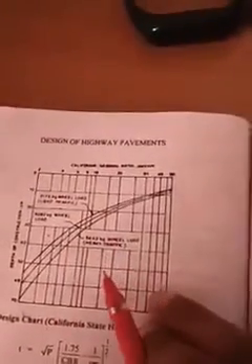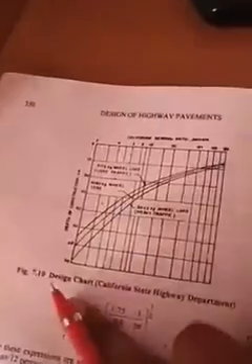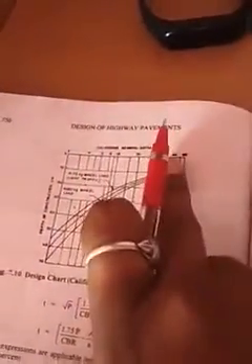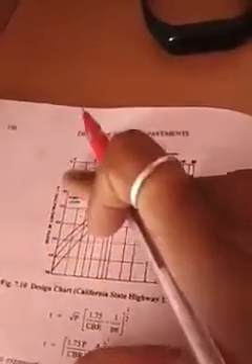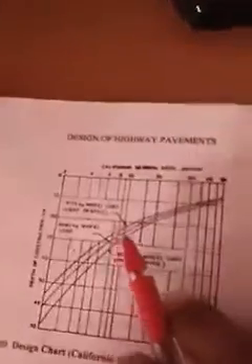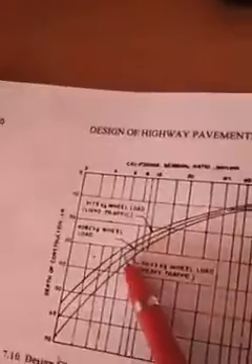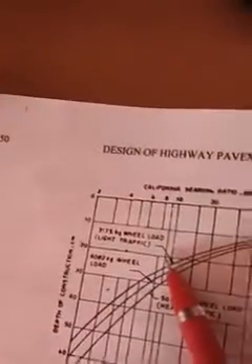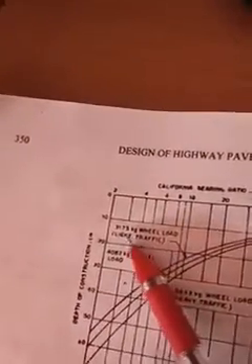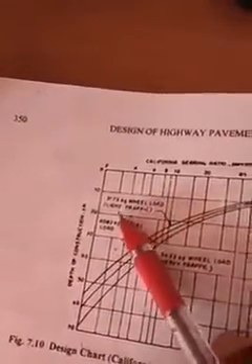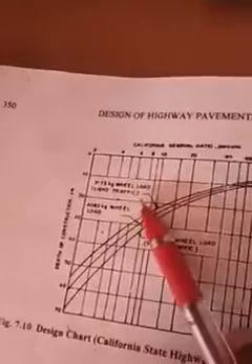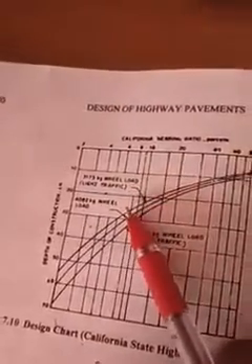So what are the things that we have here? On the x-axis we have the CBR value of the subgrade, and on the y-axis the depth of construction or thickness of the pavement. We have got three curves, 1, 2 and 3. The first curve is for a wheel load of 3175 kg and less, which is considered light traffic. So for the first curve we are going to use light traffic.